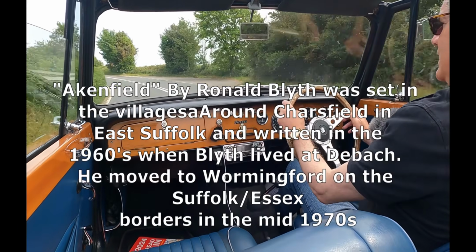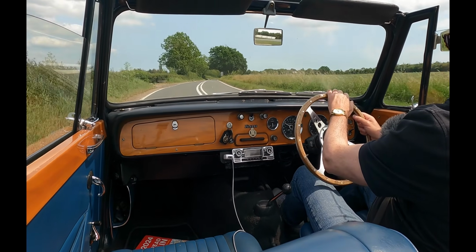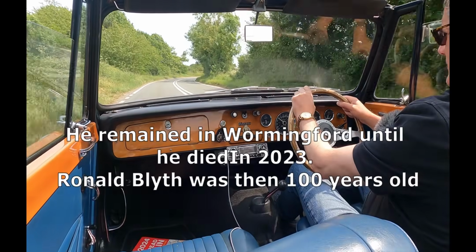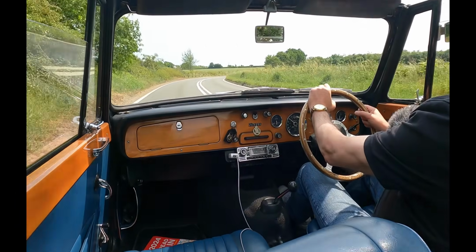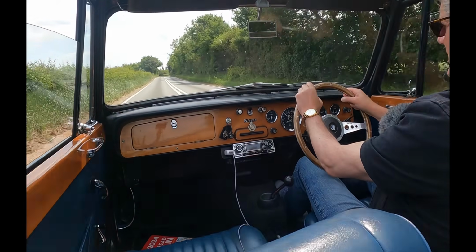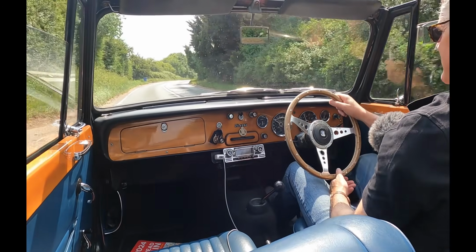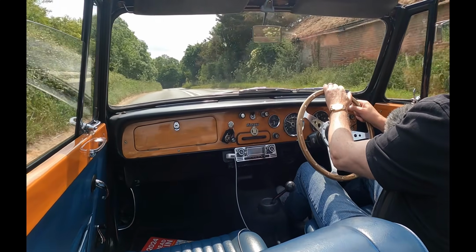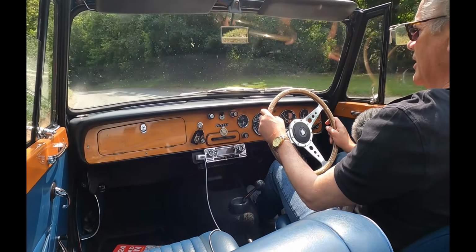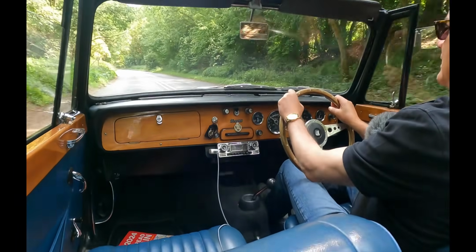which was partly based on his own family history, and it reflected the kind of poverty that existed in counties like Suffolk, especially from the turn of the 20th century right up until just after the Second World War. And Akenfield really brought home to the wider public the kind of tyranny that existed in Suffolk villages, particularly from the time of the Enclosure Acts of the early 19th century,